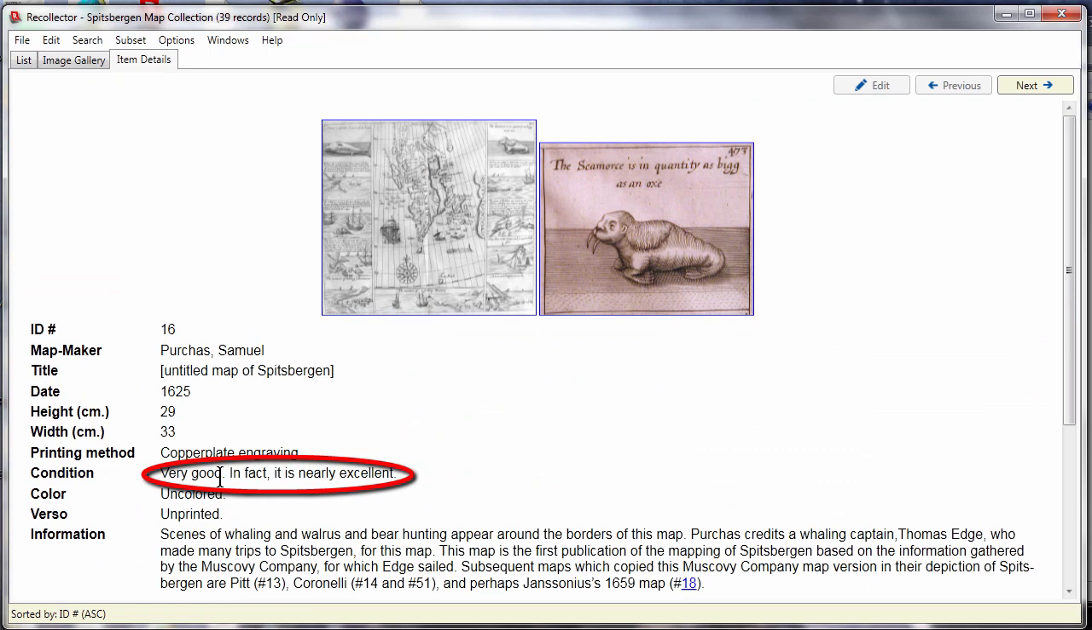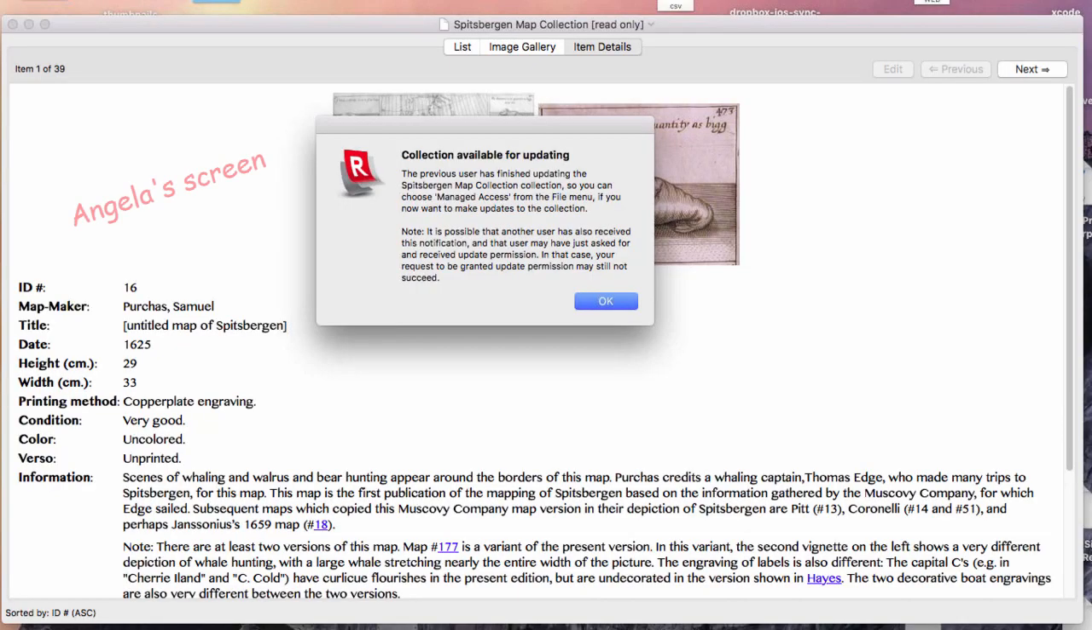It says very good. In fact, it is nearly excellent. So, in the meantime, let's go back and view Angela's world. Oh, there's an update that Angela got, telling her the collection is now available for updating. And this notification came because she asked to be notified when the collection was released by whoever previously was editing